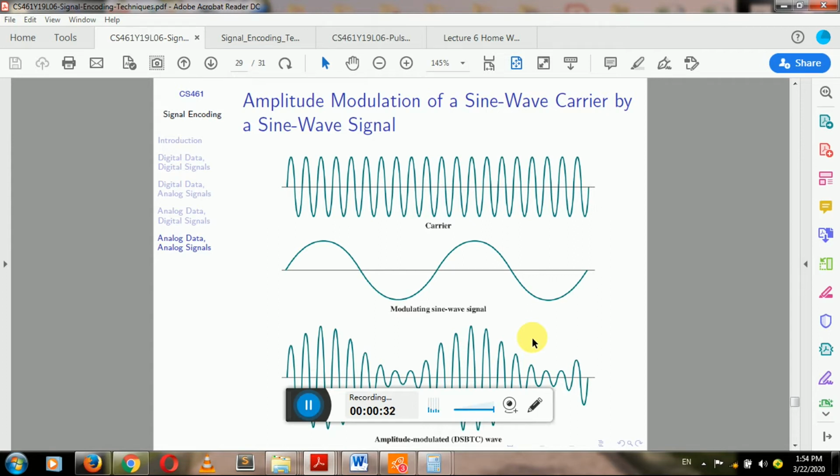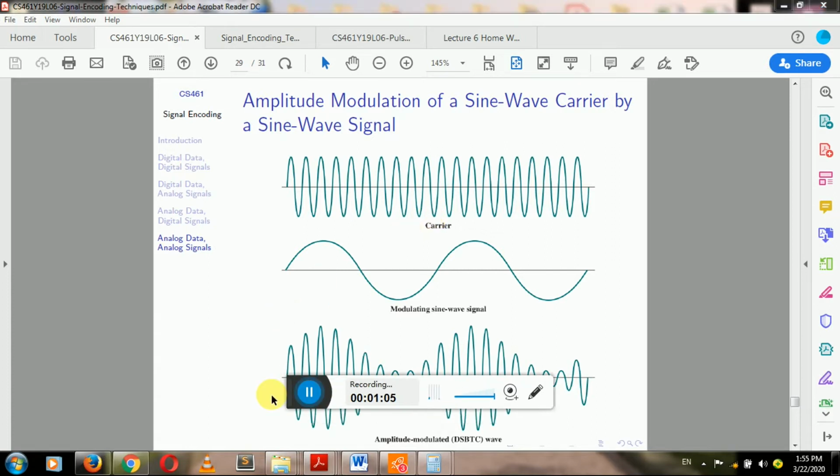Let's see the plot and we will discuss it here. So what we are going to do here is we have the middle plot. The middle plot is our data, that is our analog data, for example human voice as we speak. The top plot is what is called a carrier frequency. We want to send the analog data but at a different frequency than the one the analog data is based upon. So voice, so the human voice